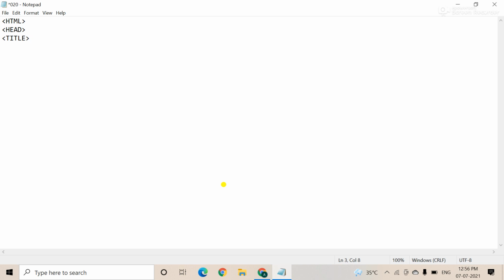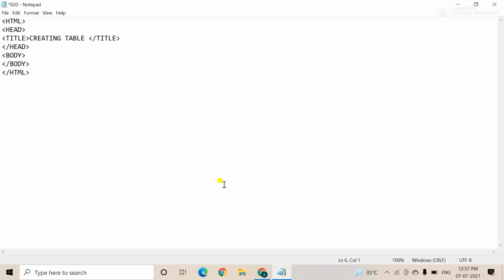Suppose I'm writing here "creating table". Title I have written. Title close. Next is the head close. After this, the body section. The body part is there, and close the body. And after this, close html.